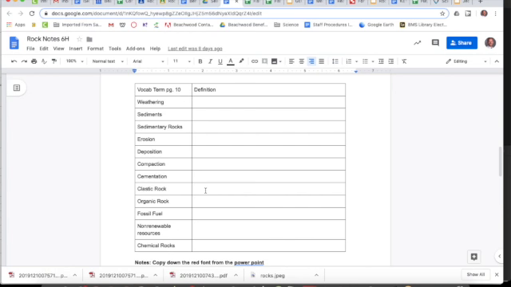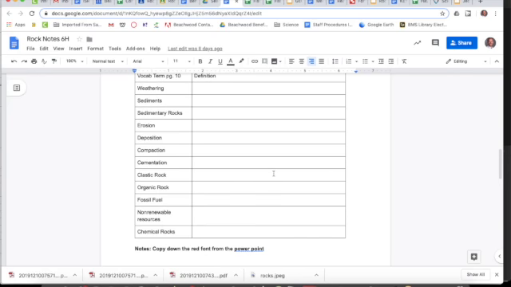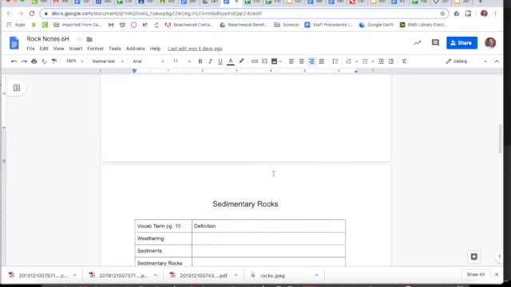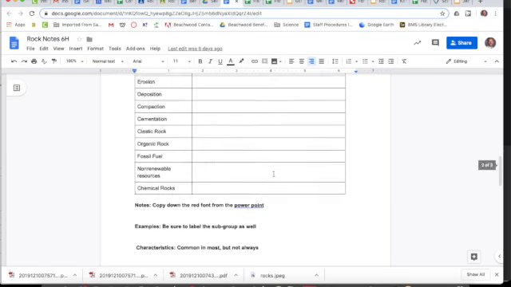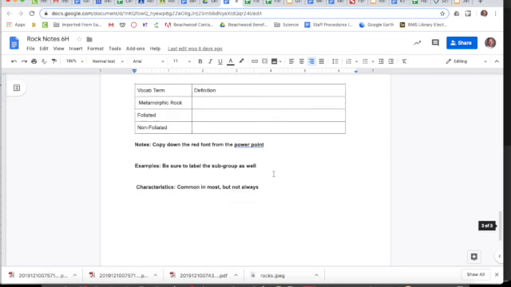You need to finish those. Those should be done by now, but in case you might have missed a day or something like that, these need to be done too. So if you could go through and do those right now and then come back to the video if you still have time. But if you're done with both the igneous rock vocab chart and the sedimentary rock vocab chart, let's